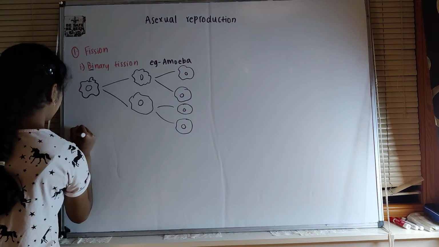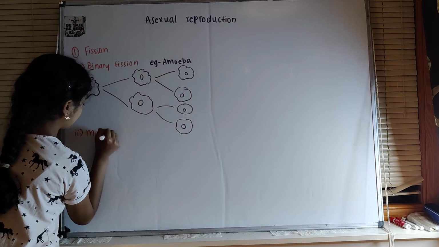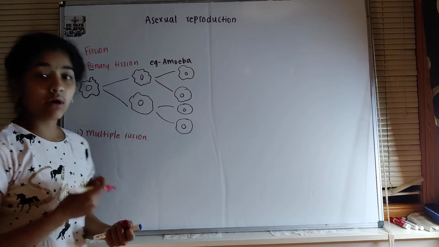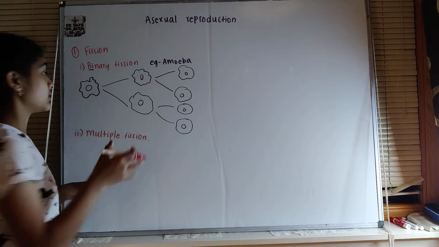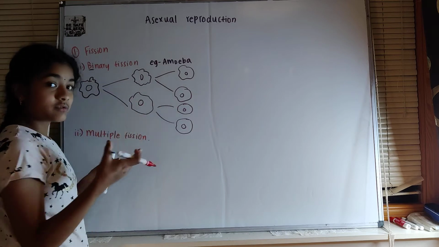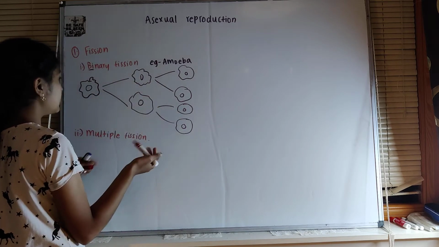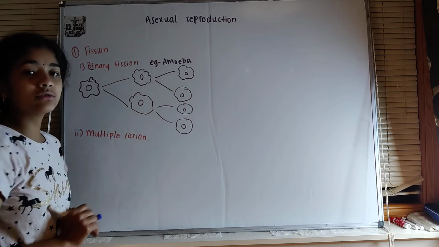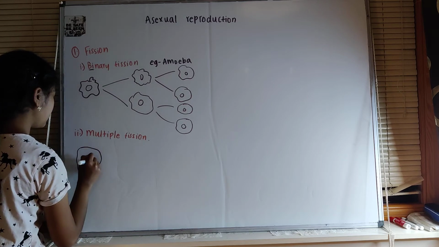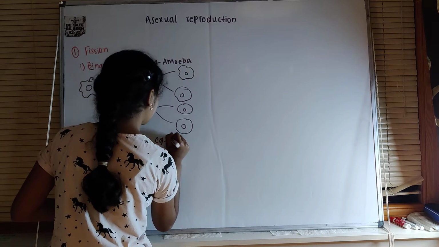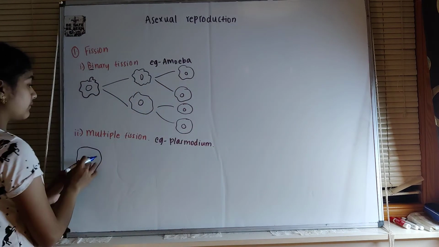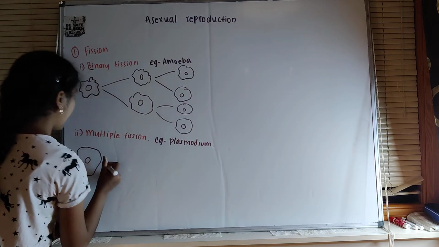The next type of fission is called multiple fission. So what happens in this type of fission is an organism divides into multiple organisms. So unlike binary fission, where an organism divides into two offsprings, in multiple fission the organism divides into multiple organisms. We can take an example, plasmodium, and we know that plasmodium is a causative agent of malaria. So if this is the organism, let's take plasmodium, and then what happens is